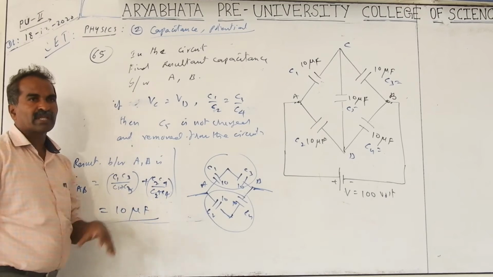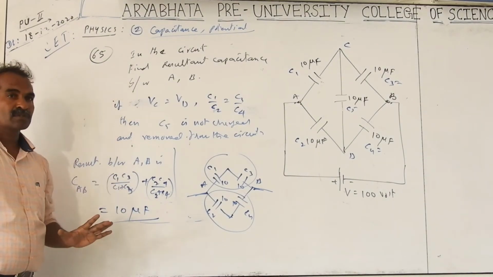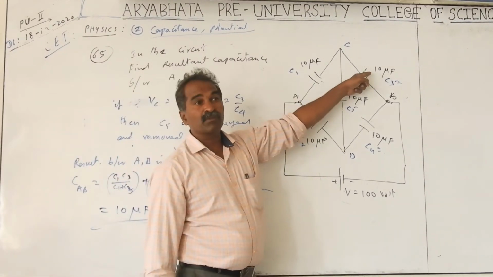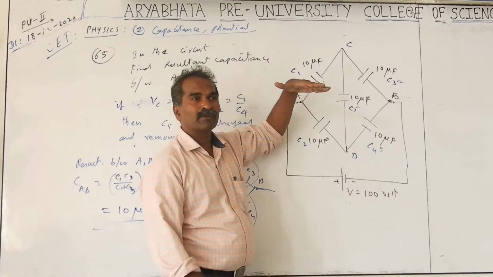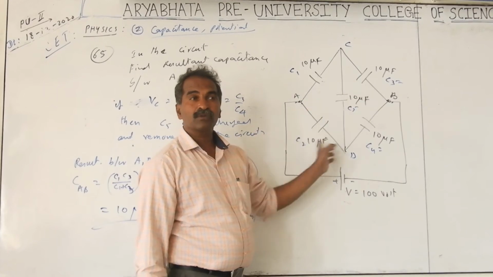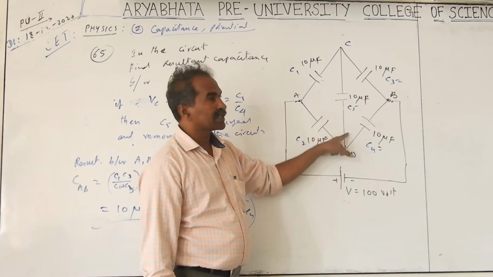You don't have to work this out if they are equal; I am just giving the steps for understanding. The same question comes for resistors also, but the condition changes: they are in series, so you get R1 plus R2, and again in parallel. If all are equal, 10 ohms, 10 ohms, 10 ohms, then the result is 10. With 2 ohms, 2 ohms, 2 ohms, the result is 2. Whatever is in the center is immaterial.